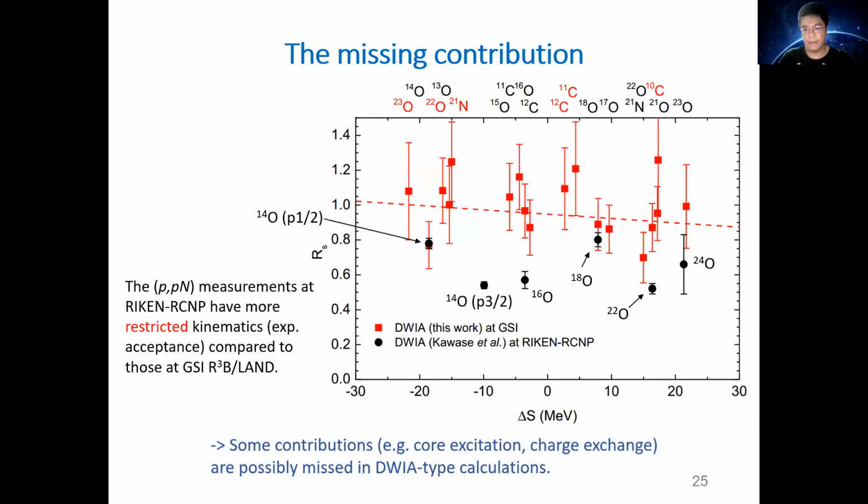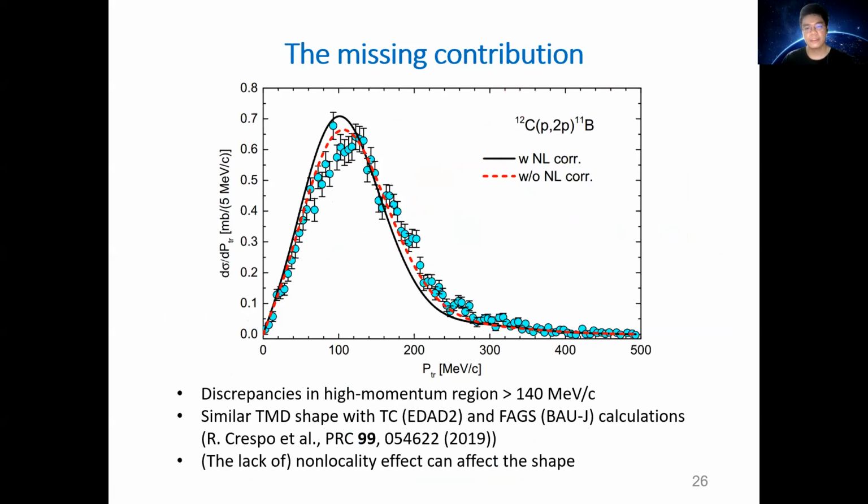They basically measure all the events, possibly. So we think that some contributions may appear in the GSI R3B data, like higher-order effects such as excitations, or probably charge exchange effects, which are possibly missed when you use DWIA-type calculations to analyze these data without putting any experimental restrictions on it. So to illustrate this point, let's see,